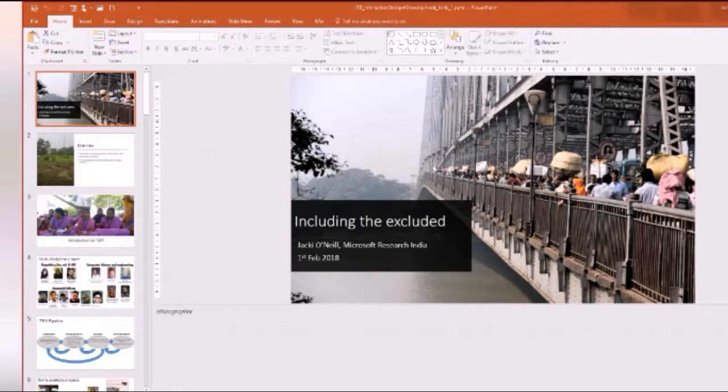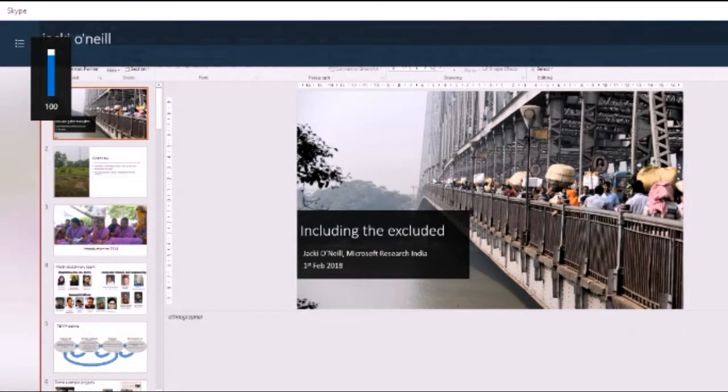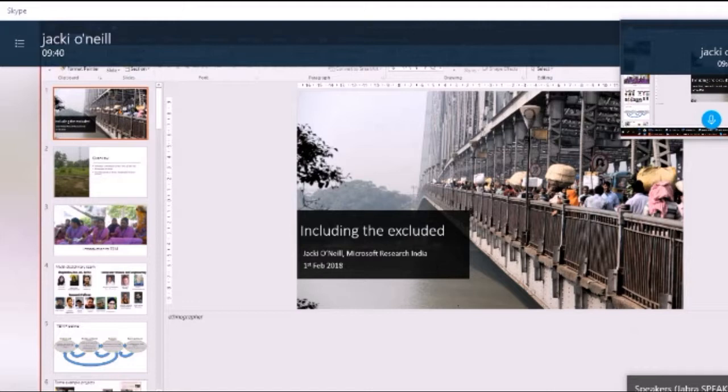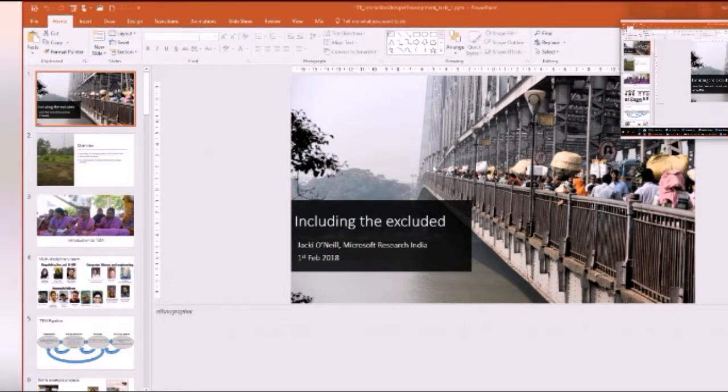Yeah, that'll be nice. I think we just have a little bit less volume, so can you just pick up the volume? Okay, I think that is better. Okay. Can you see my slides? Yeah, we can see your slides. Okay. I'm going to go full screen, which probably means you don't get to see my video. And then when we switch to questions and answers at the end, I'll put the video back on.